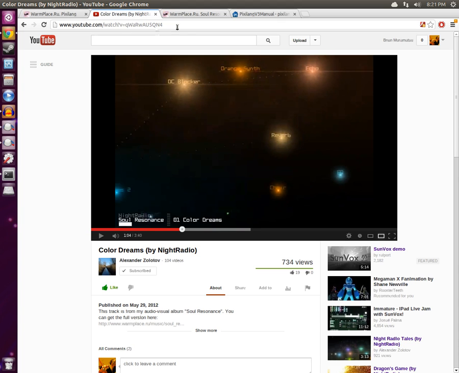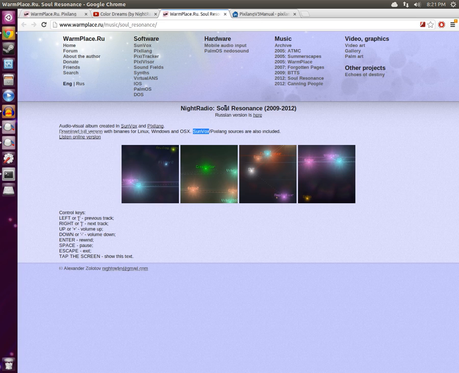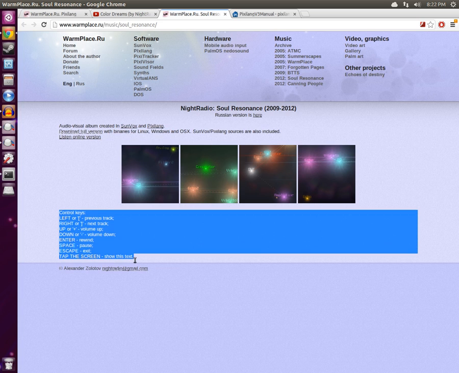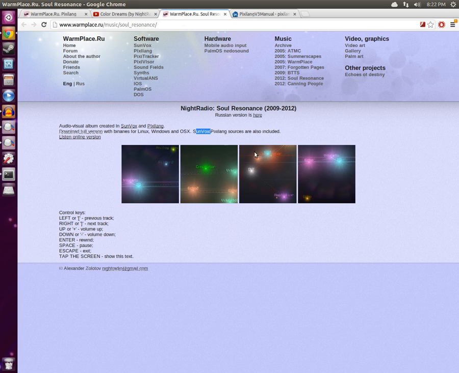Well, you can actually download the Soul Resonance album as a binary with playback controls to see how it's made. It includes both the Sunvox files for studying the audio and the Pixelang sources for studying the visual effects. And so I've already gone ahead and downloaded it